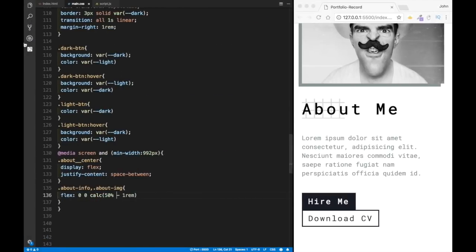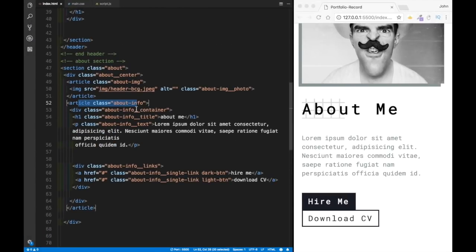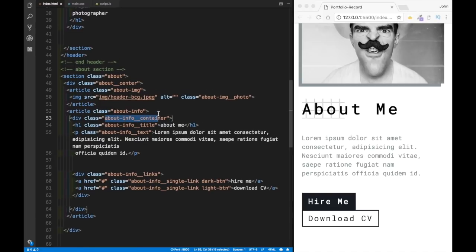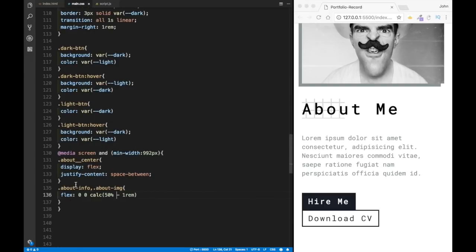Well, remember, whenever we were working in index.html, we had this wrapper. We had this about info container that we had over here. Now, we also had a parent of about info. So the reason for placing everything in this wrapper was that I can use Flexbox properties again for this about info. And we need to remember that for this about info, there's only one child. There's this one about info container. So if I'm going to go back over here, and say that I would want for the about info,